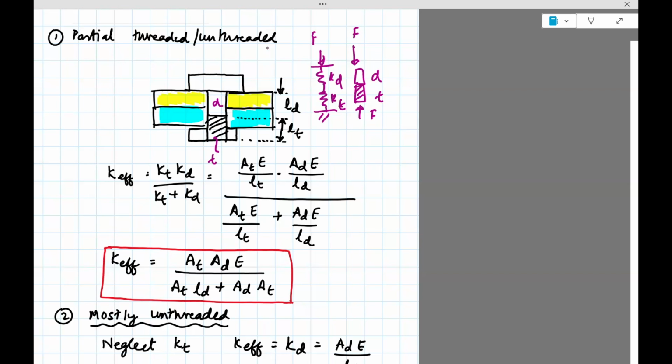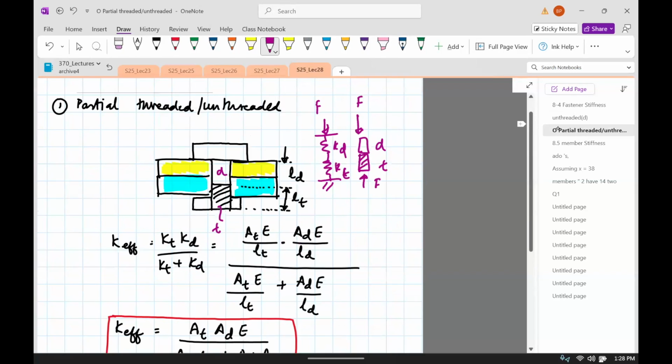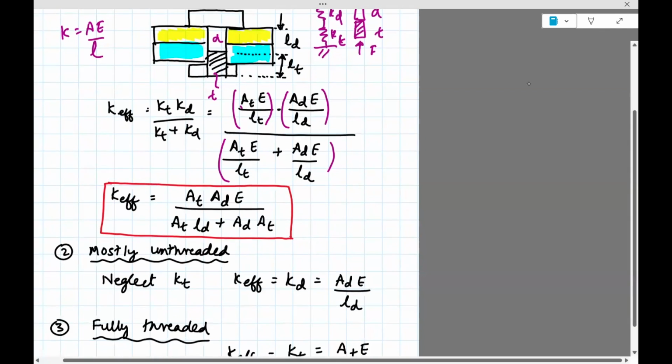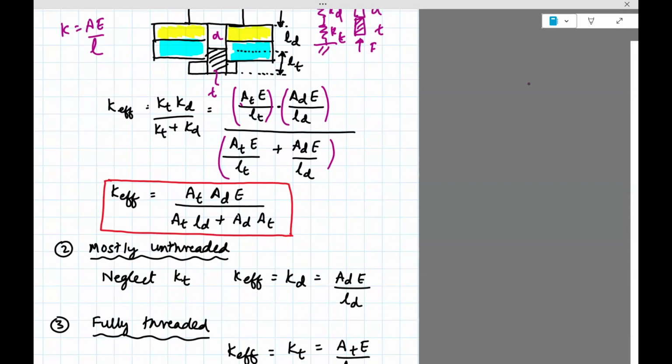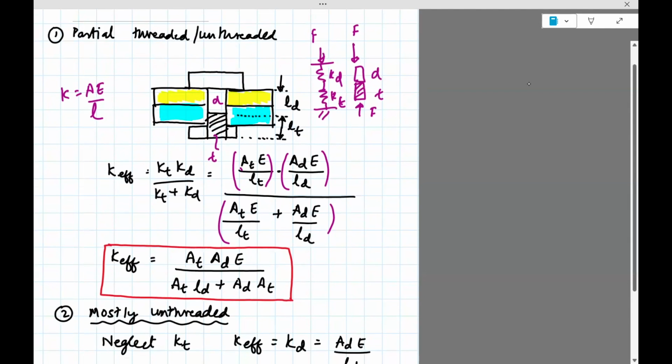That's the first part. The second part is each of these KT and KD can be written in terms of the formula we just derived, AE divided by L. Right? So K is AE divided by L. That basically goes in here. So here we can compute the net effective stiffness as AT, AD, E divided by the summation of AT, AD and L. Okay, so this is what you will do if you see a screw which has threads